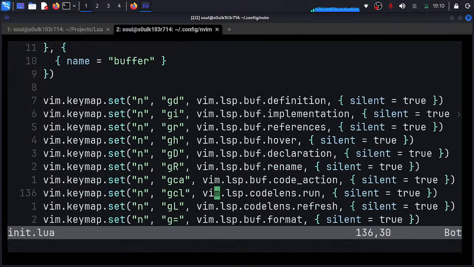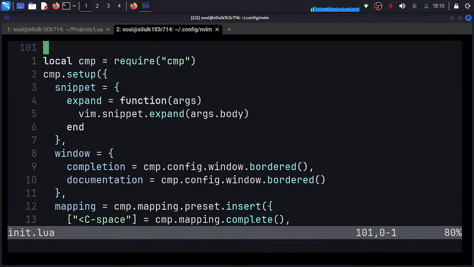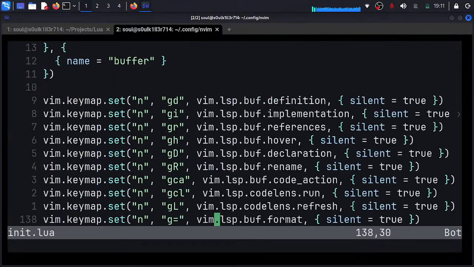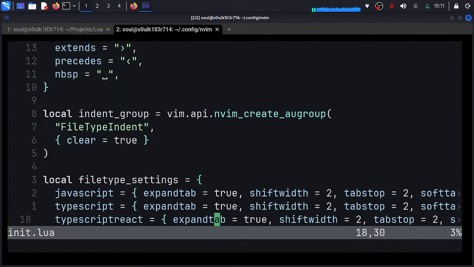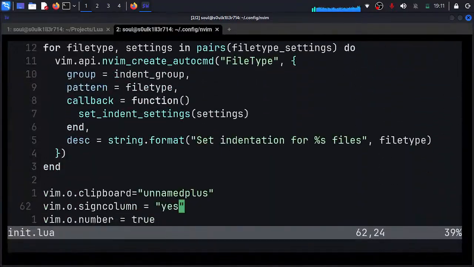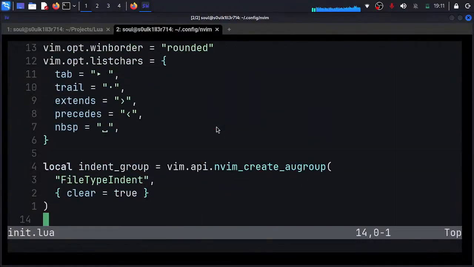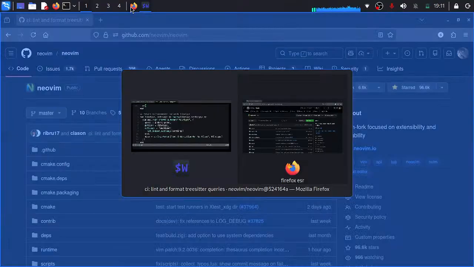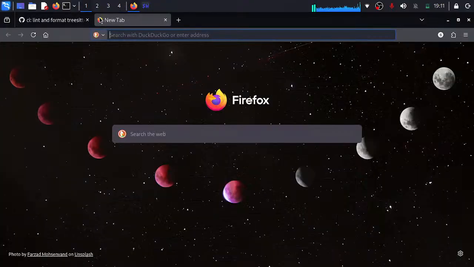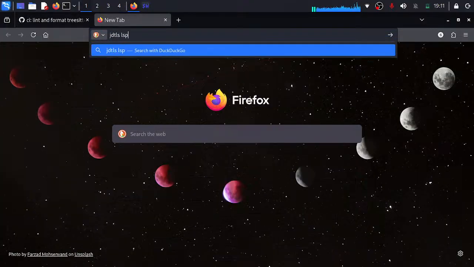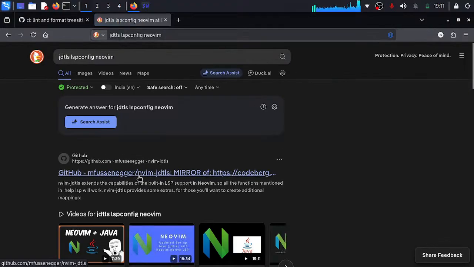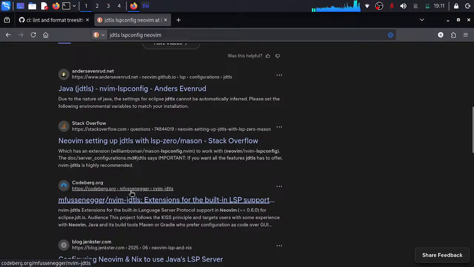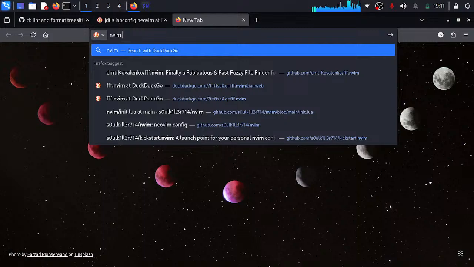This config will become very, it's already around 138 lines, but yeah, it will become bigger if I start adding specifics. Wait, let's do this. Let's just search, for example, jdtls lsp config neovim. What is that piece of code which is added by nvim lsp config? Is what I mean to see. And then